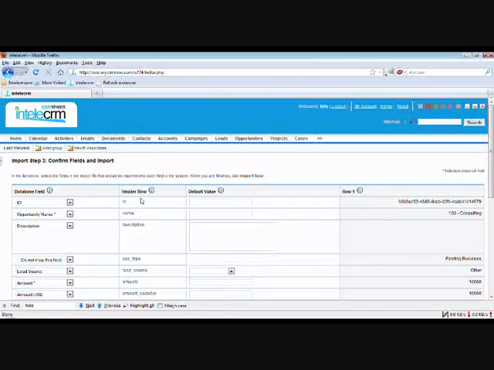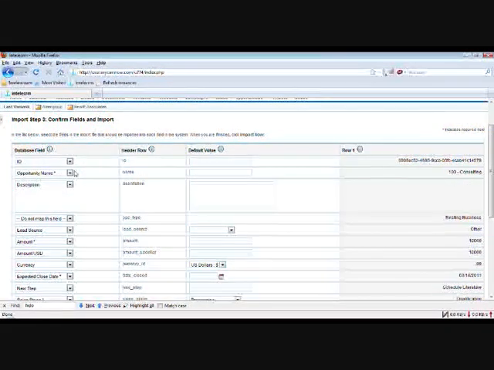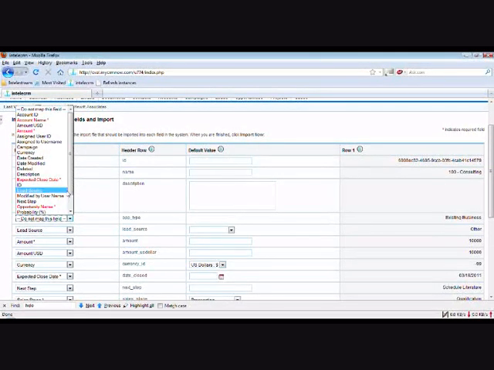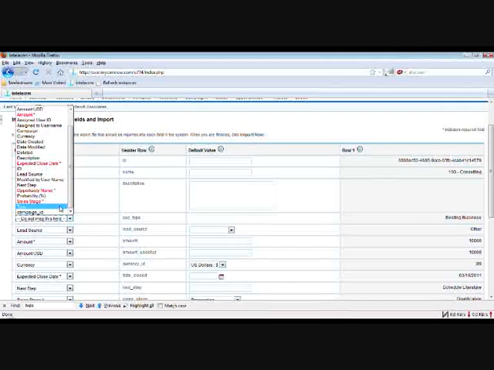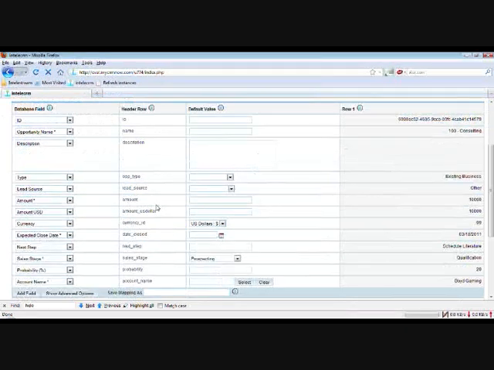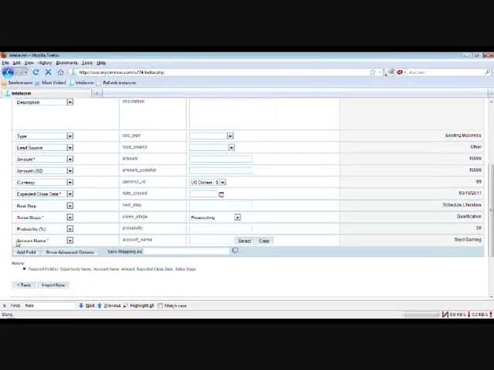And again, we're going to want to come through and make sure that our field mappings are correctly mapped on the import step 3. So again, it's done some of the work for us because some of these header rows are very similar to the ones that are available in Intelecrm already. I'm going to map up the opportunity type, which didn't manage to find itself in here, which will be type here. Some of the other ones it seems to have found okay, so that's all good. Again, down the bottom we have the account